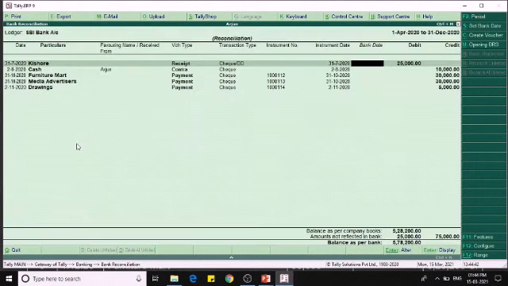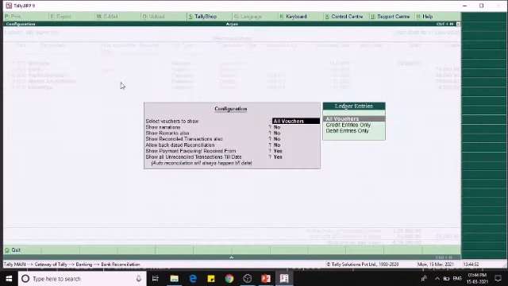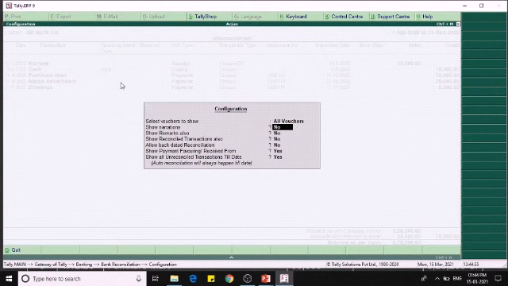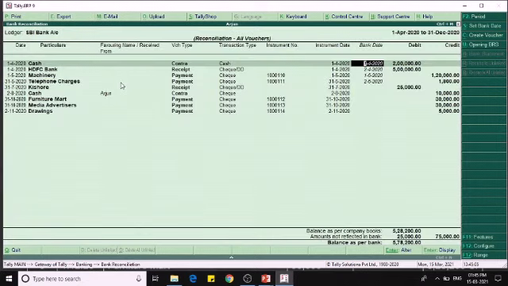So here if you want to display all the transactions, we have to press F12, and then select yes for reconciled transactions also. Here we can see the list of transactions we have reconciled earlier.